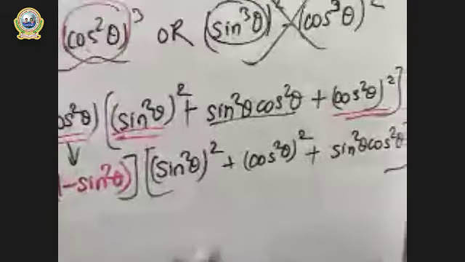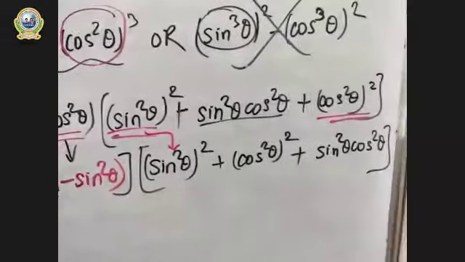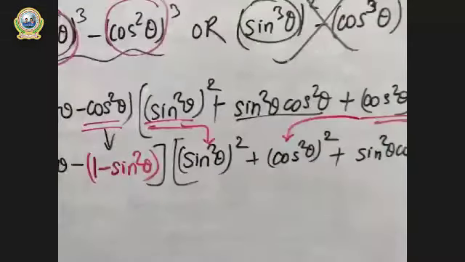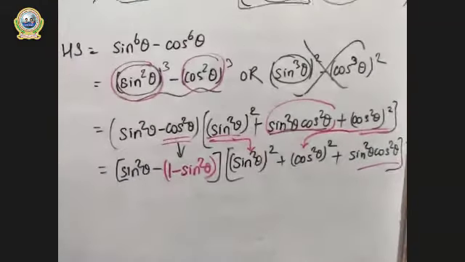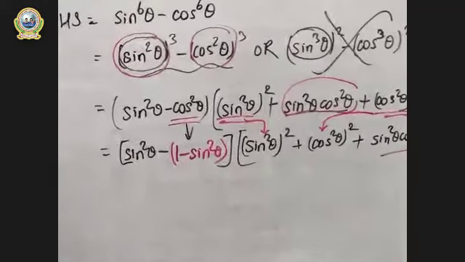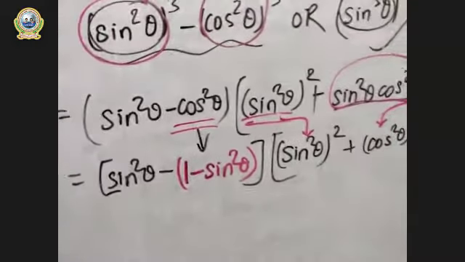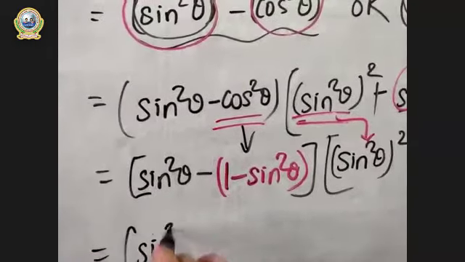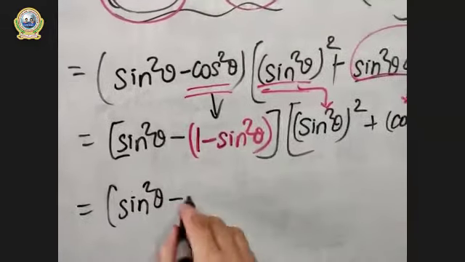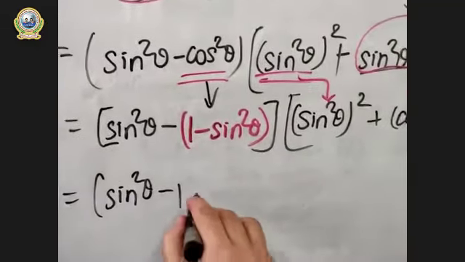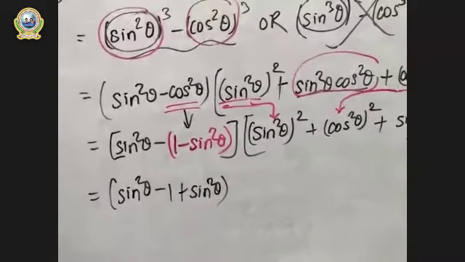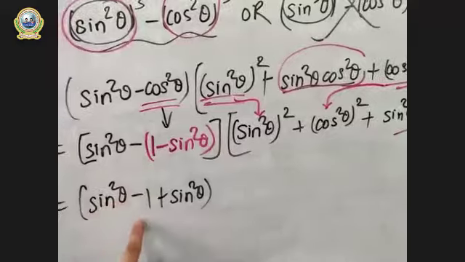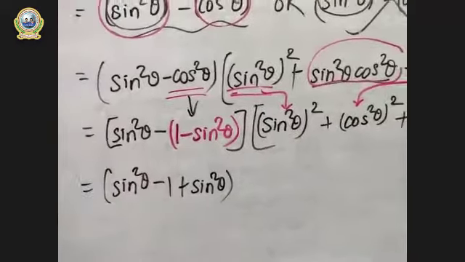What I have done is I have kept the first part as it is. I have kept the last part next to the first, and the middle part is at the last one. Is this clear? So this is our further step. Now let's continue it further. Now it will be sine square theta minus into 1, it will be minus 1, minus will be plus, right? So plus sine square theta. I have just opened the bracket with a negative sign. It will be minus into 1 is minus 1, minus into minus is plus. This is very simple. Are you clear up to here?